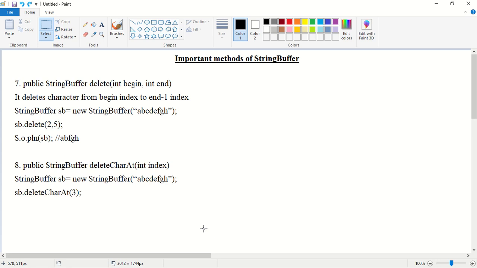Next, sb dot deleteCharAt 3. 0 1 2 3. Which character will be deleted? D will be deleted. System.out.println of sb. So what will be the output? Here D should be deleted, okay. The output should be A, B, C, E, F, G, H. So here I have made a mistake.